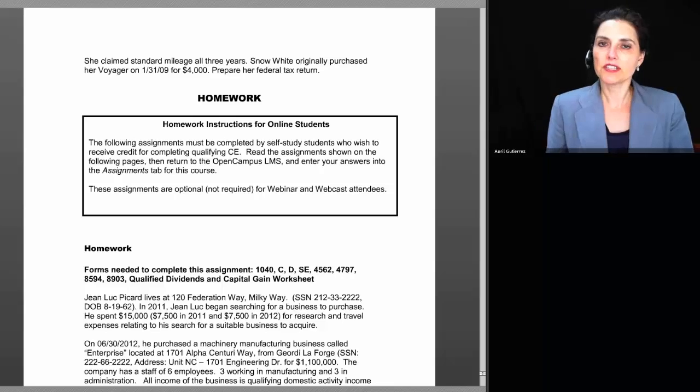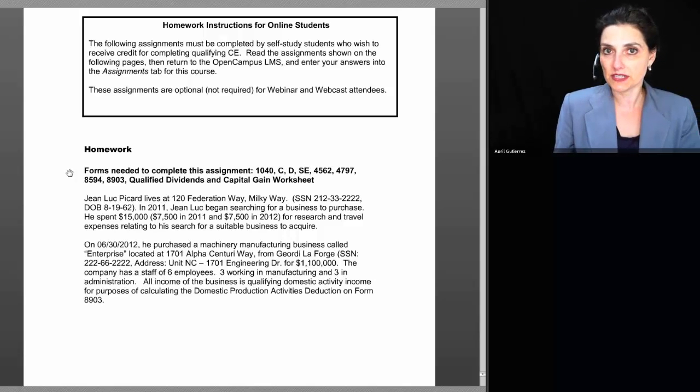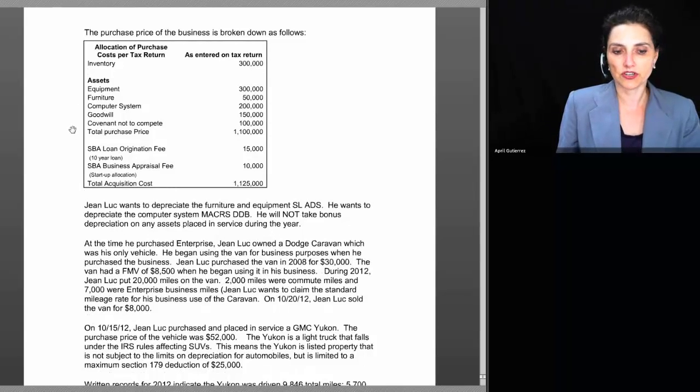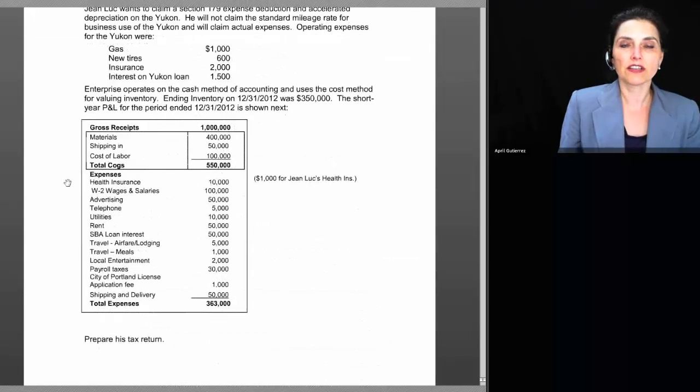So that concludes the review of the classwork answer key. Just one more thing to point out before this class ends. The homework assignment is a fairly sophisticated one. It involves preparation of a complex Schedule C for a character named Jean-Luc Picard. And we have provided information for his asset acquisition costs for the year. He's purchased a new business, and your job is to read through this problem and then take a look at the profit and loss that we have provided for you, including the cost of goods sold,